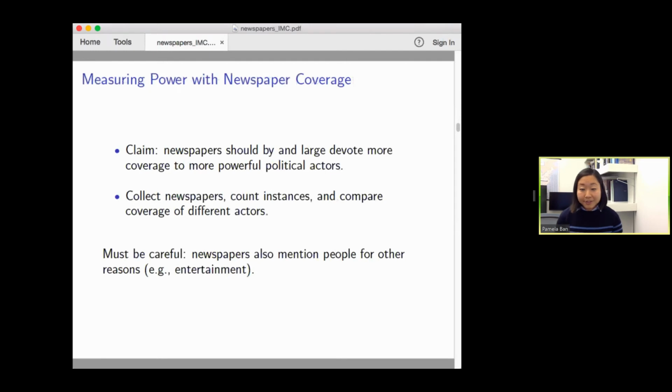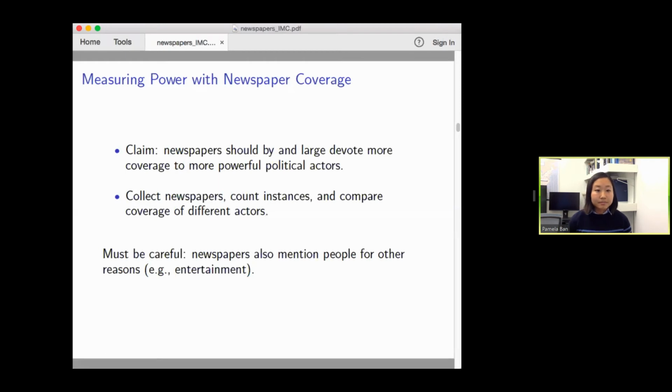Of course, we have to be careful here because newspapers can also mention people or offices for a lot of other reasons, for instance, for entertainment or for scandals, for any other reason that wouldn't be a reflection of political power per se. And so this is the caveat to our approach, and I'll talk about the limitations later on